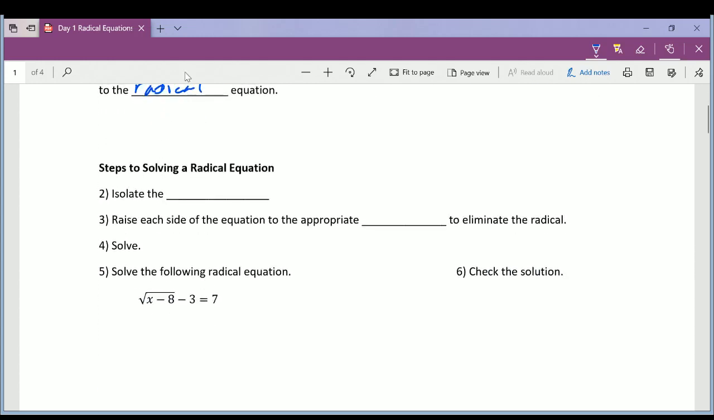Okay, here are the steps. Step 1, isolate the radical, get it by itself. Step 2, raise each side of the equation to the appropriate power to eliminate the radical, and then solve like you normally would. So in the case of these, it's going to be